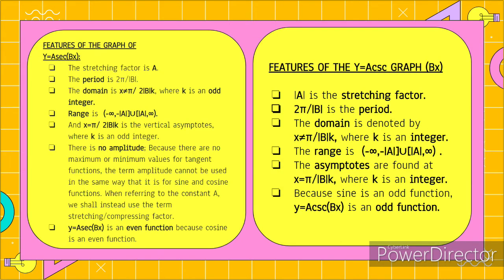Features of the graph of the secant function. The stretching factor is a. The period is 2 pi over b. The domain is x not equal to pi over 2 absolute value of b, k, where k is an odd integer. The range is negative infinity to negative absolute value of a, union the positive absolute value of a to positive infinity. And x is not equal to pi over 2 absolute value